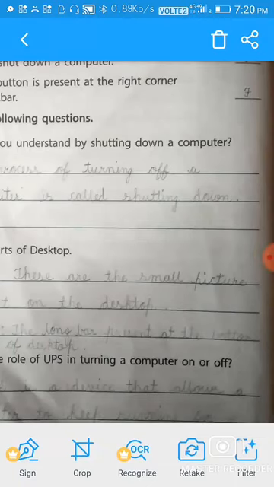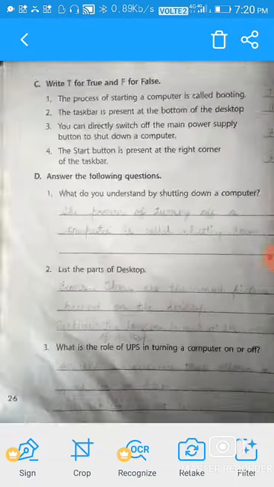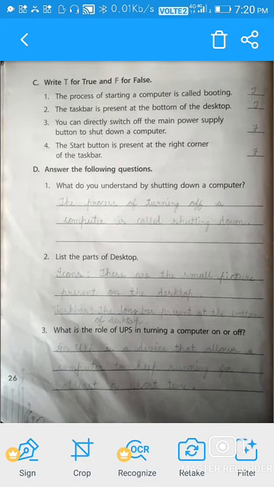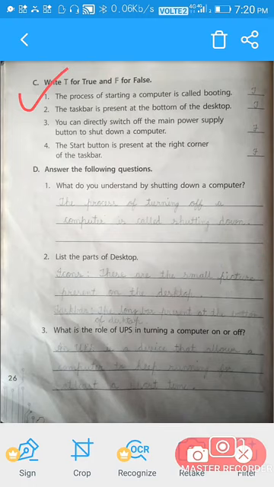Hello students, come to page number 26. Let me see exercise C, write T for true and F for false. You tell me true or false according to the sentence. First is, the process of starting a computer is called booting.